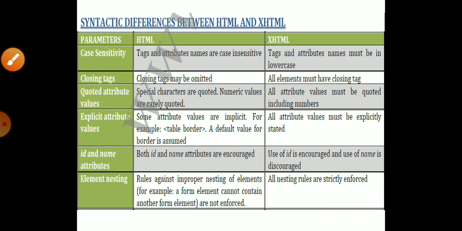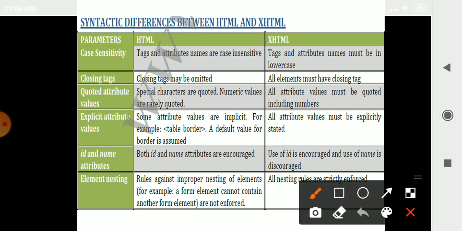Another thing I wanted to discuss with you is the difference between HTML and XHTML. In the aspect of case sensitivity, HTML is case insensitive, whereas in XHTML tags and attribute names must be in lowercase.